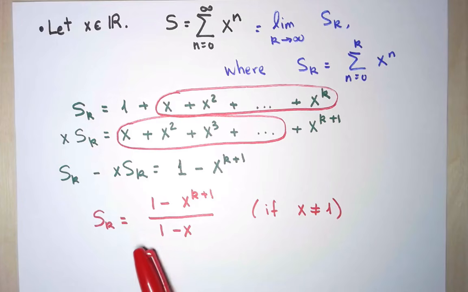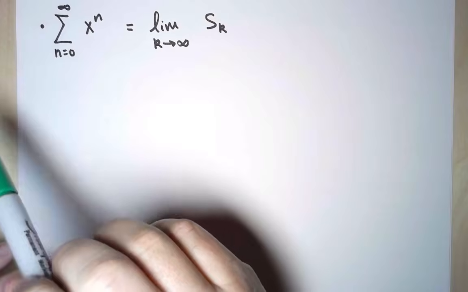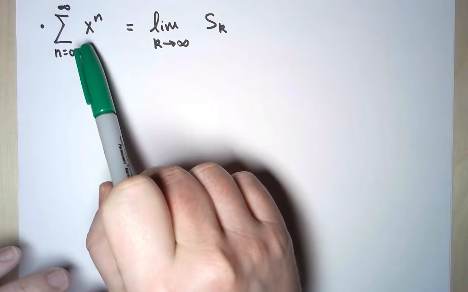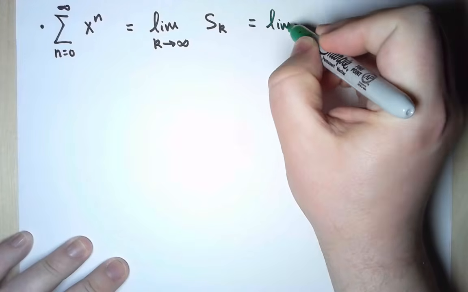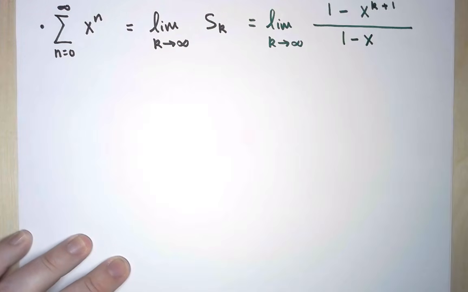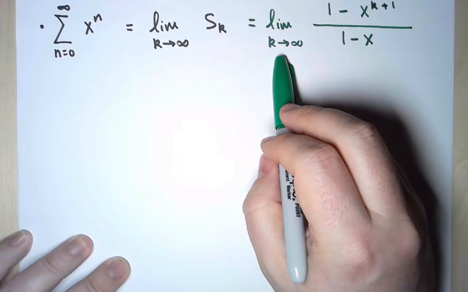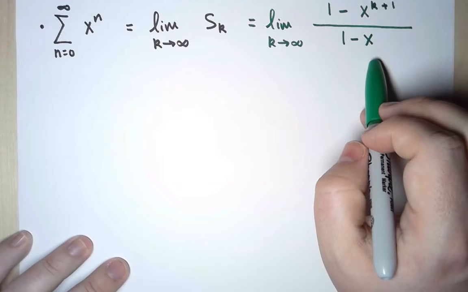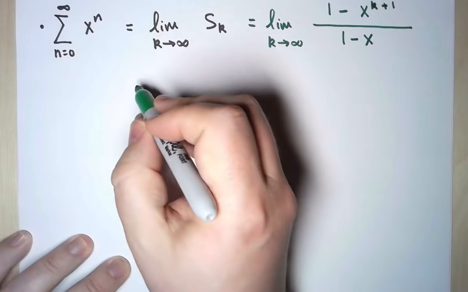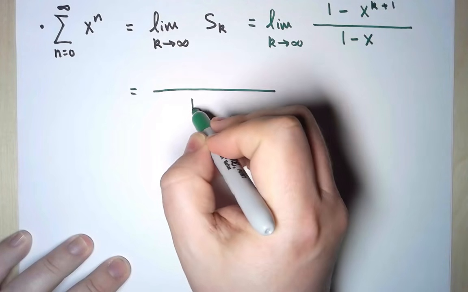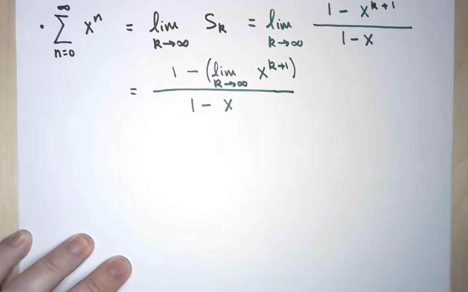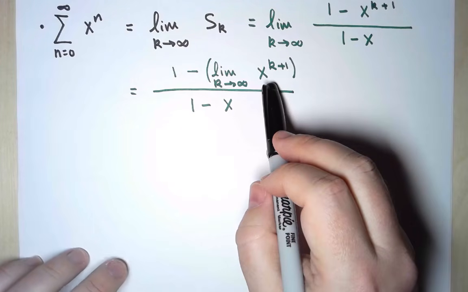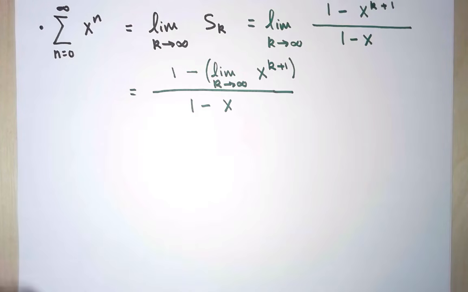So now we're ready for the second step, which is taking the limit of this expression. Now the sum from n equals 0 to infinity will be the limit of partial sums, and we have a formula for the partial sums. For the purpose of this limit, the variable is k. x is simply a constant. So this limit, using the limit laws, can be rewritten like this, assuming this limit exists, of course. And now, this limit actually exists for some values of x, and it doesn't for other values of x. More precisely,